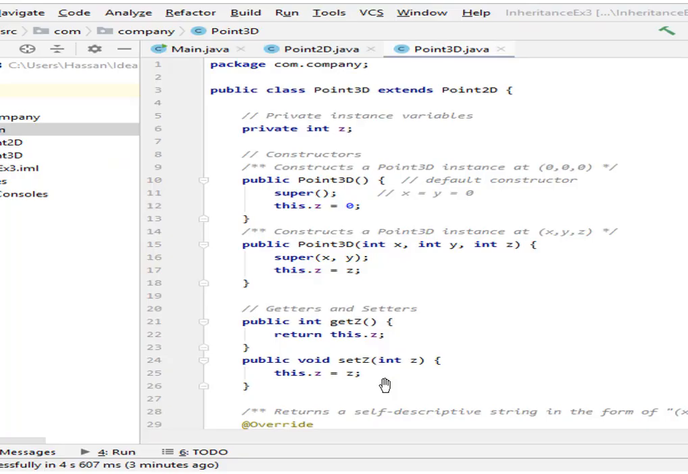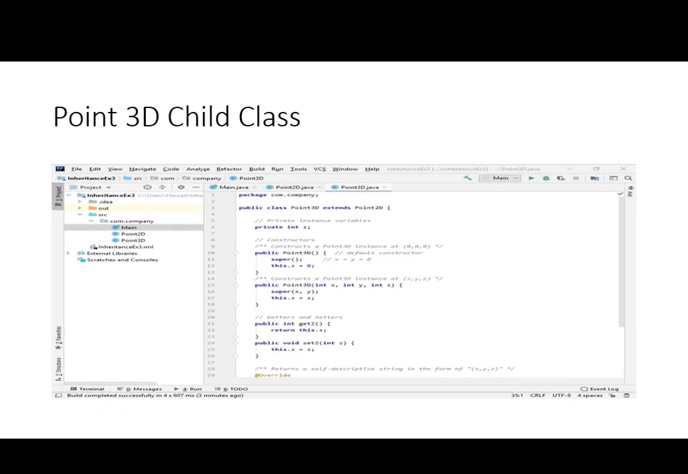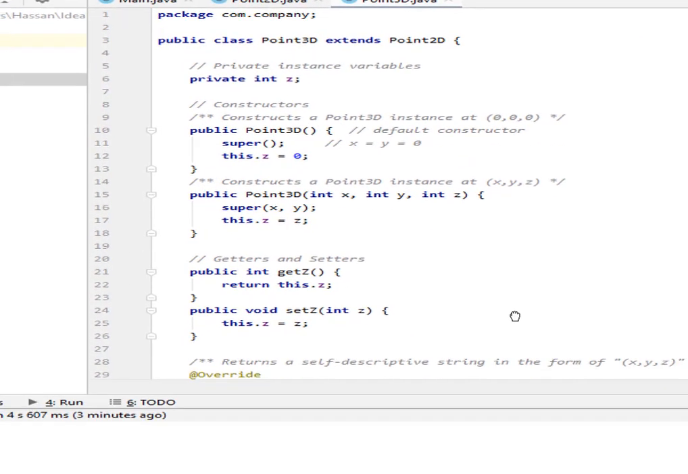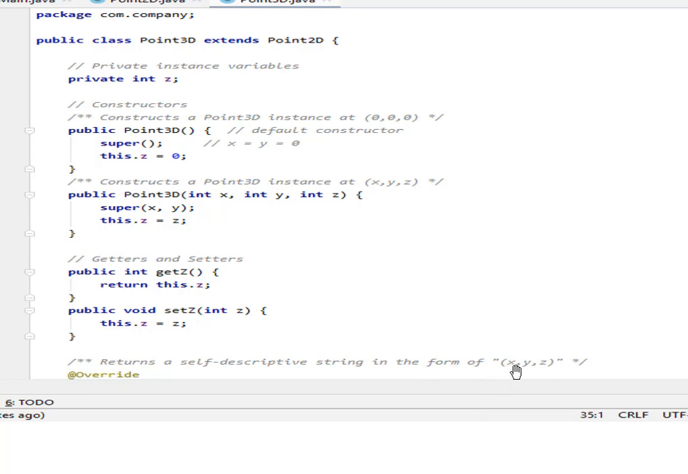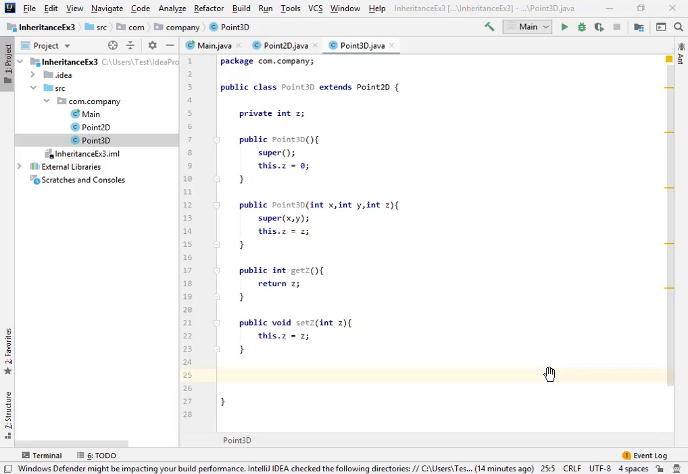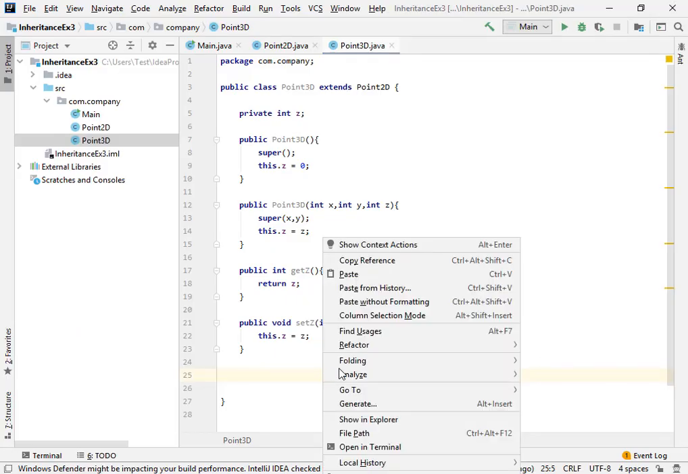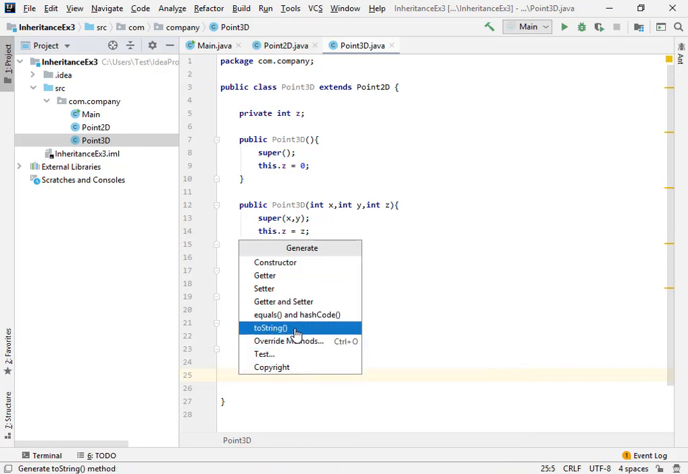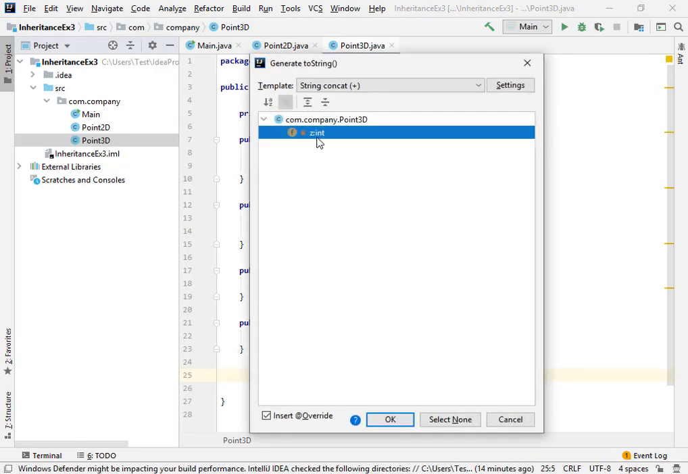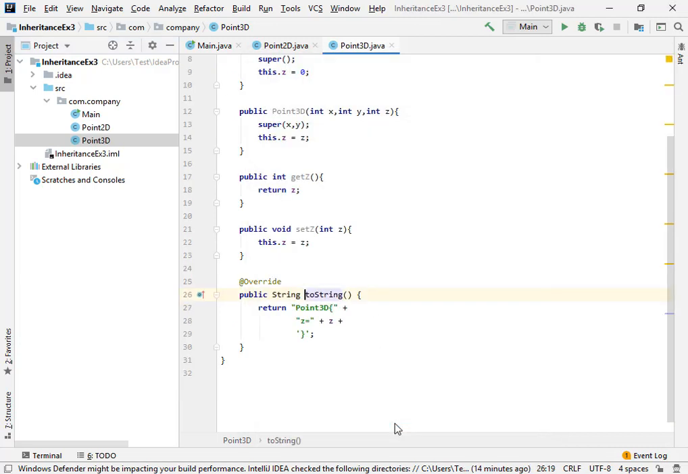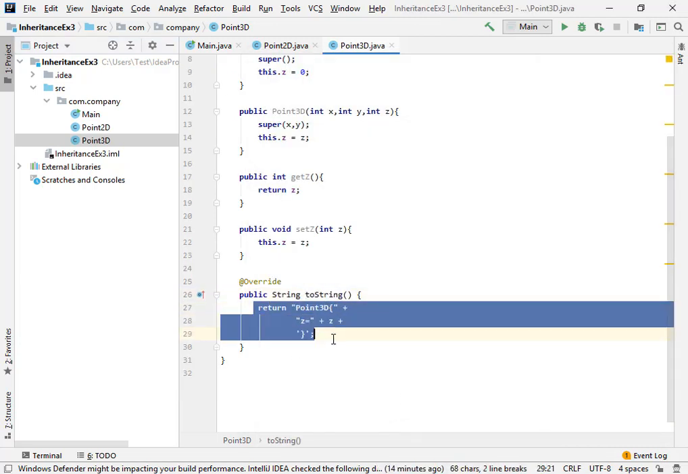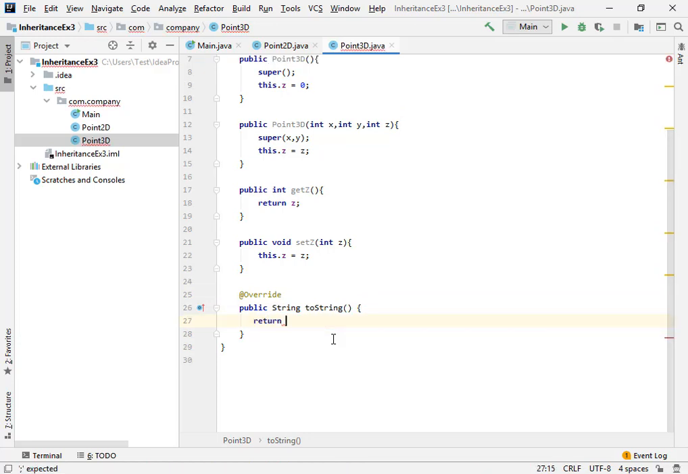Alright, now after this we're going to have a function again to override the default function, toString, and we want to return the statement in the form x, y and z. So we're going to right click over here and say generate, and generate the toString method. Okay, I'm going to select this parameter and click OK. Now after this I'm going to delete this statement, return the statement in the bracket, and concatenate it with this dot